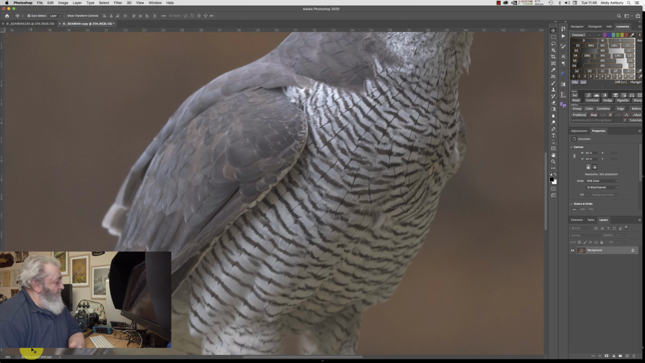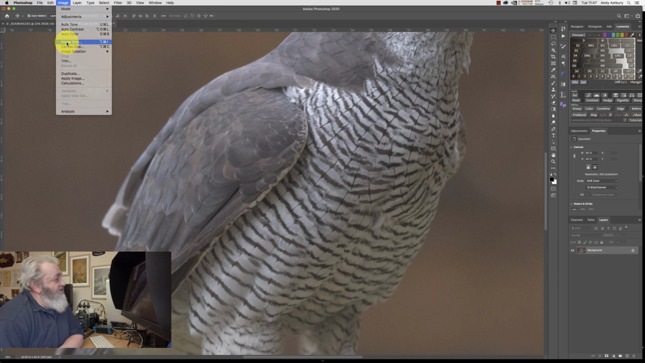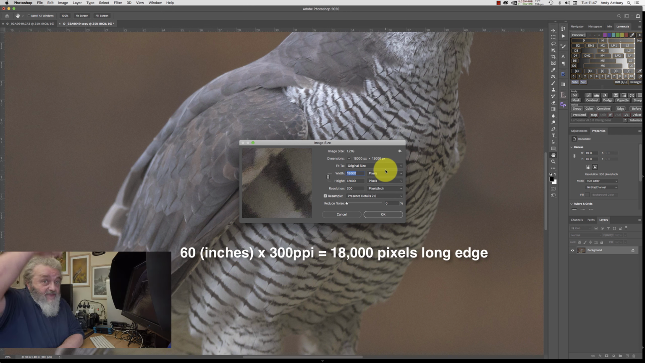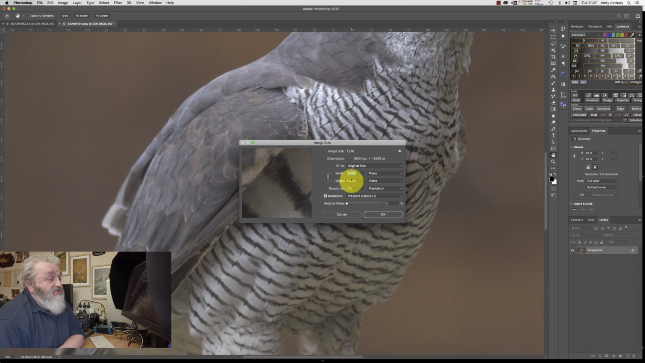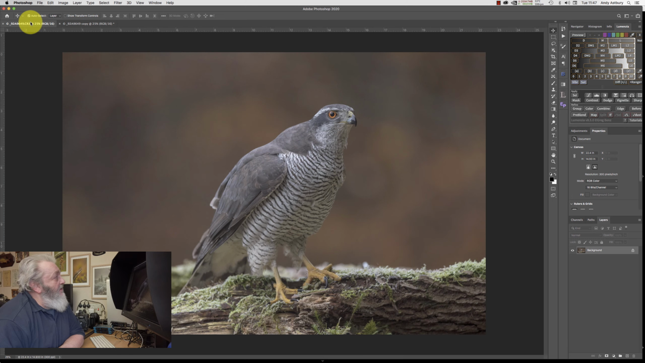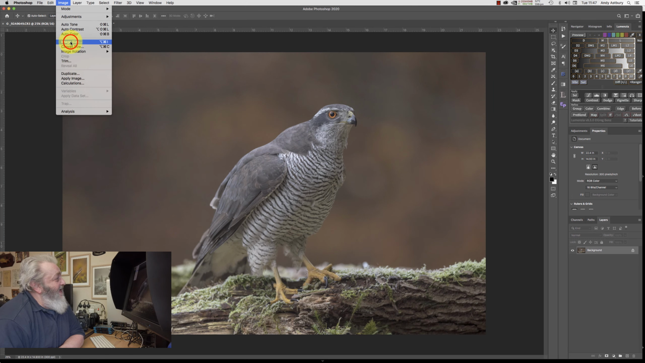If we look down at the bottom, we can see that this is 300 pixels per inch, and it's now 60 inches by 40 inches. But here's what we've actually done. If we go to Image and Image Size, and change this to pixels, you can see we've now increased the number of pixels up that long edge to 18,000 pixels. So this is 18,000 by 12,000 pixels, as opposed to the original, which was a lowly